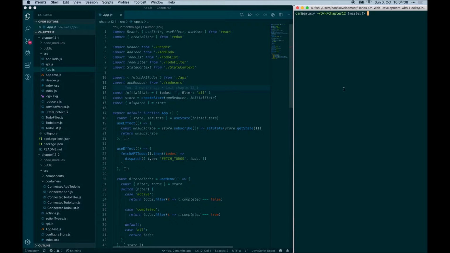This is the code in action video for Chapter 12. In Chapter 12, we learned how to use Redux in combination with React hooks. We started out by migrating our small to-do application to Redux and then moved on to implementing Redux in combination